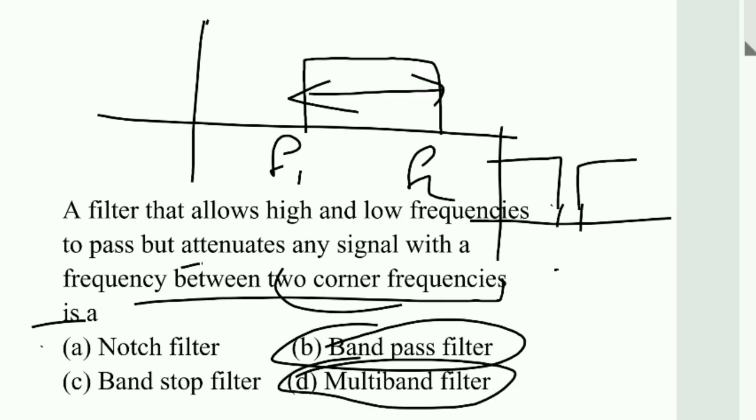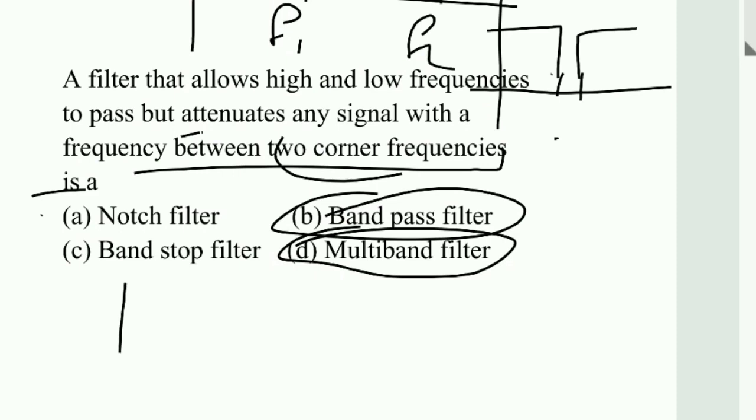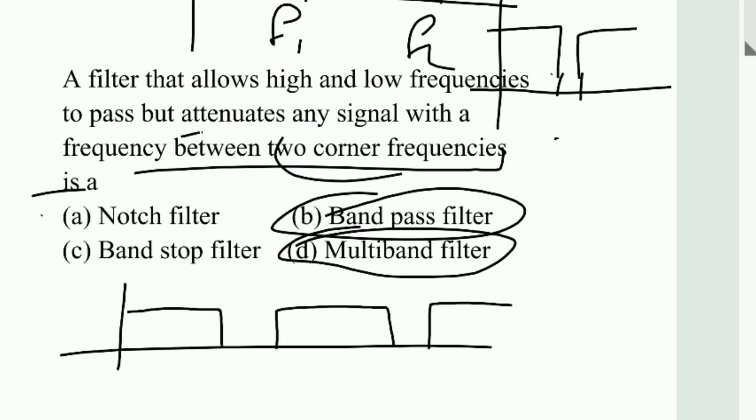एंड व्हाट इज मल्टी बैंड फिल्टर? मल्टी बैंड फिल्टर क्या होता है गाइस? वो है कि वो फिल्टर एक से ज़्यादा बैंड को स्टॉप कर देगा, राइट? लाइक दिस, देखो ये बैंड को भी स्टॉप रिजेक्ट कर दिया, ये बैंड को भी रिजेक्ट कर दिया। ये है मल्टी बैंड फिल्टर। ये कैसे हमको मिलता है? अगर हम कैस्केड पे दो या दो से ज़्यादा बैंड स्टॉप फिल्टर को यूज़ करते हैं